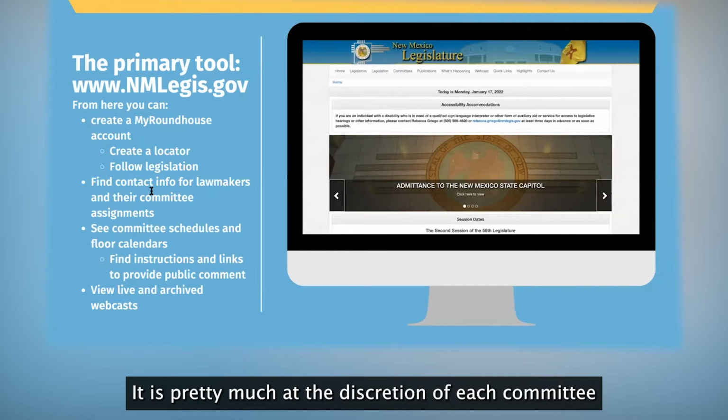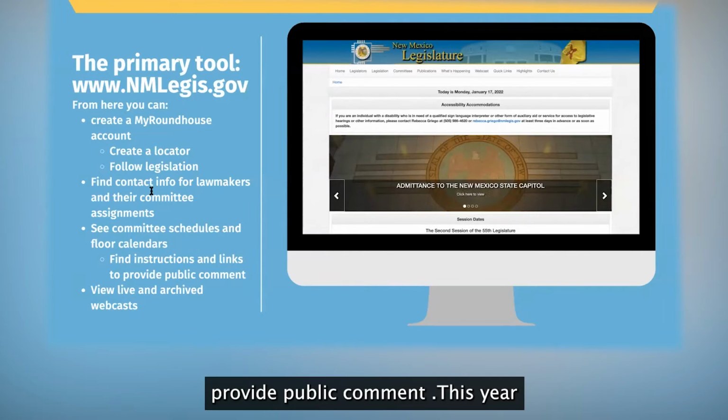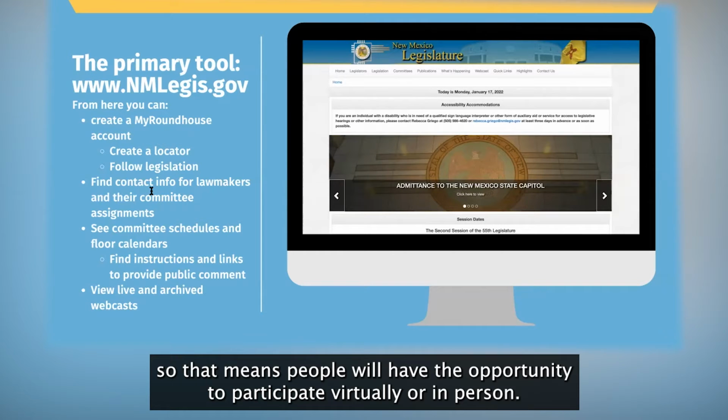It is pretty much at the discretion of each committee as to what rules they want to follow for you to provide public comment. This year, since we are still in the throes of a pandemic, the session is going to be a hybrid session. That means people will have the opportunity to participate virtually or in person.